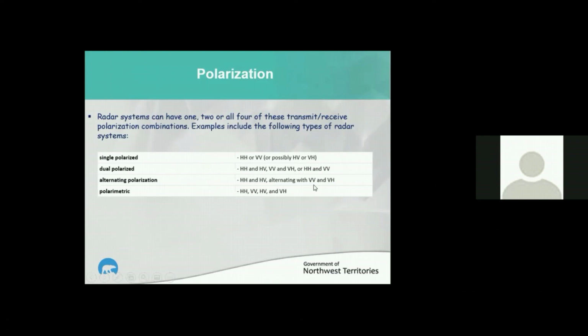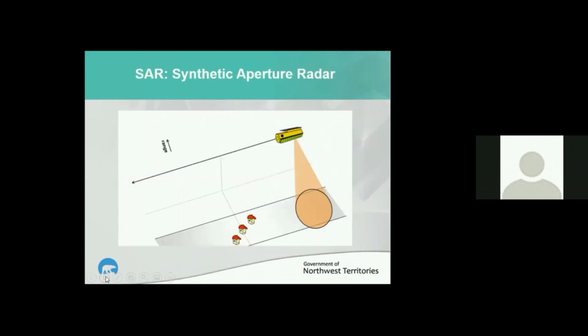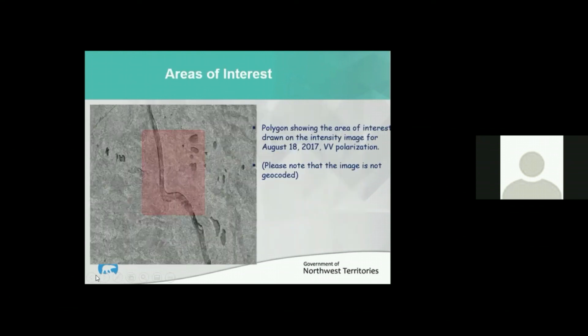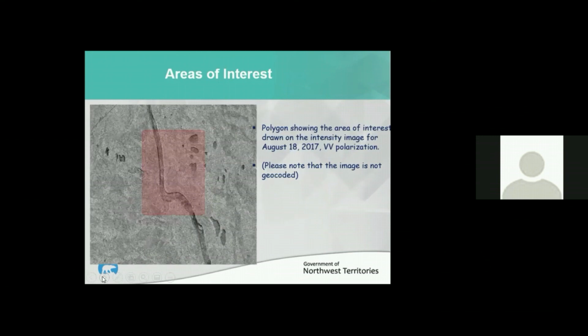Basically, I wanted to talk a little bit about the polarimetric data that I'm using in this slide, but let's go on to the actual results. This is the data. This is the data sets that I'm using. This is the area of interest. It's Scotty Creek in Deitcho region, and